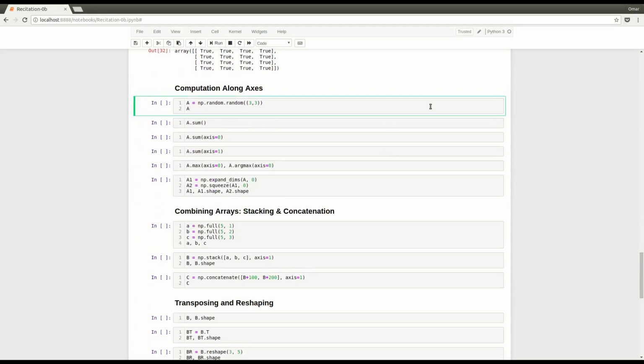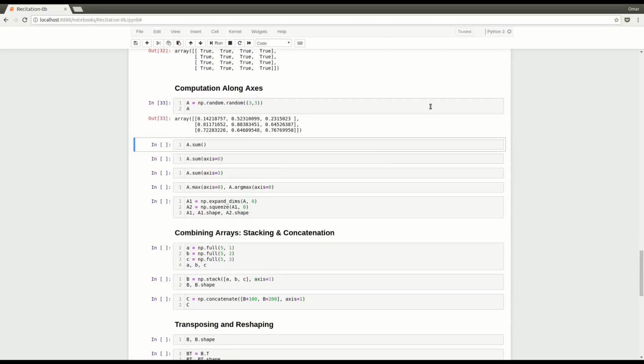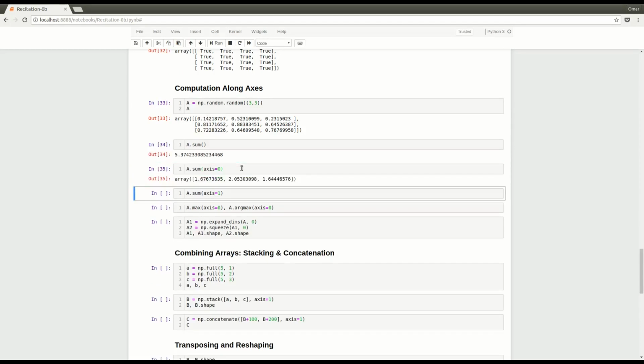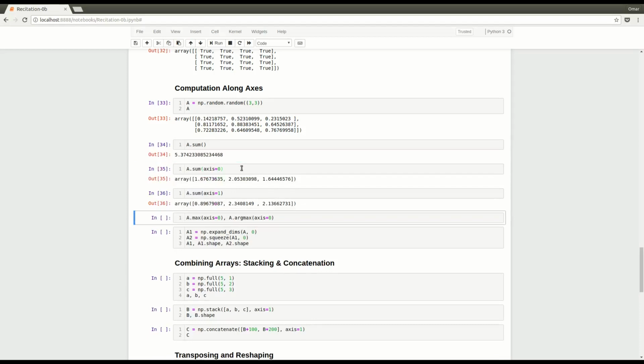The next topic we'll discuss is computation along axes. So again, we can create this random matrix. We've seen the sum before of all entries. But we can also compute the sum row by row, so we can add up all the rows. We can also add up all the columns by specifying the axis to be 1, and we can find the